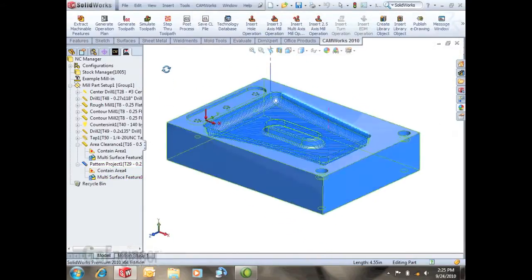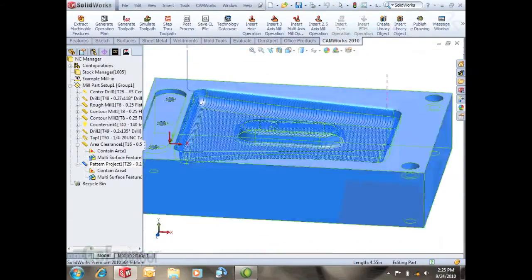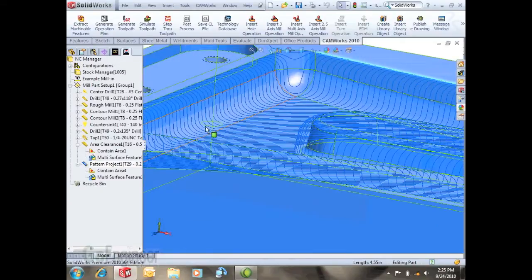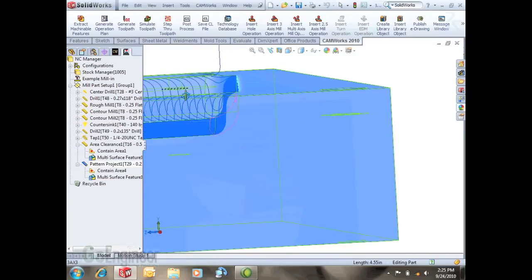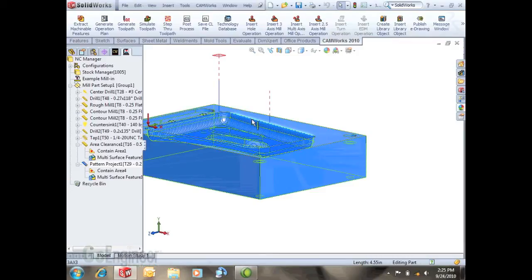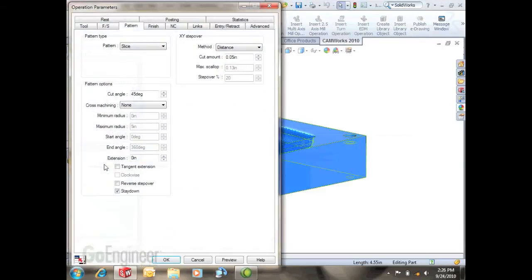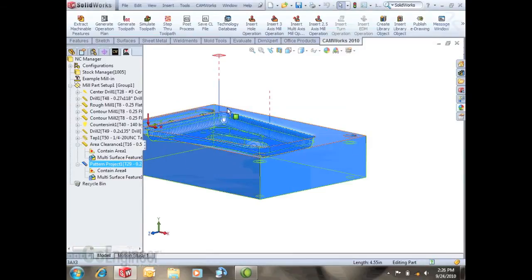And you'll see we got a nice even tool path going at 45 degrees to the axis. One thing you'll notice is how the tool goes up and over. On this example, we might just want it to go straight up and maybe exit the part and then come back over and then go down. To do that, this is a nice little trick. First thing we're going to do is a tangent extension, maybe a 1/4-inch extension. We'll hit OK. We'll suspend this rebuild, so I'll hit no so it doesn't rebuild the tool path, because we want to modify our